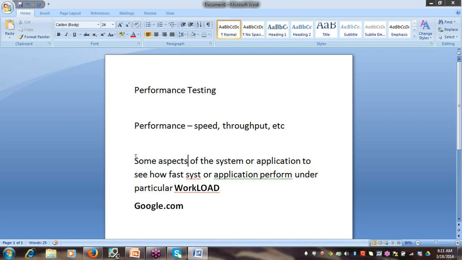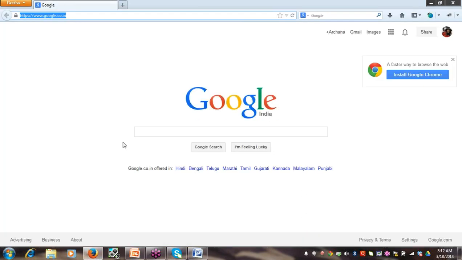So here now we will understand. Here it's saying performance testing is testing that is performed to determine some aspect of a system or an application, how fast it performs under a particular workload. Now suppose I want to see how fast I get a Google search output.